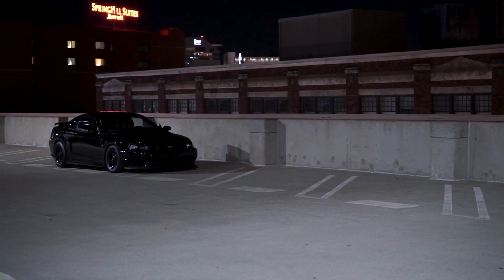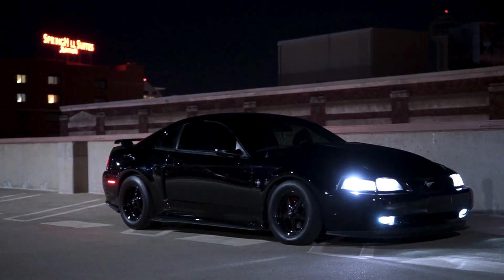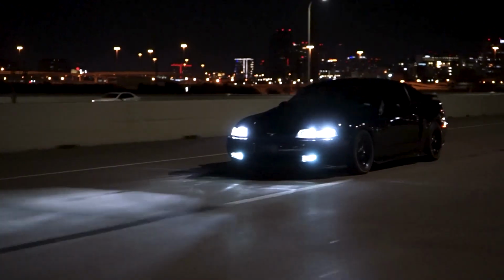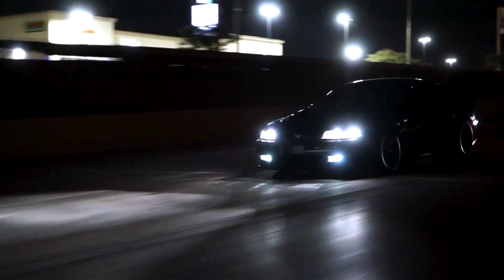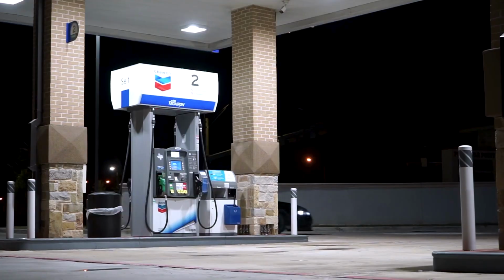The fourth generation came out and the SN95 Mustang was introduced. It took some styling cues from the original Mustang, but they made them round and bubbly, and it looks like a 90s car. I mean, they were all right. The base model came with a V6 making just 145 horsepower, so they were slow. The GT model now had a modular 4.6 liter V8 with a single overhead cam making 215 horsepower, which is 5 horsepower more than they made in